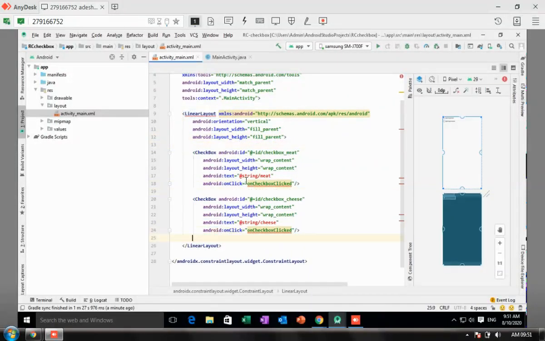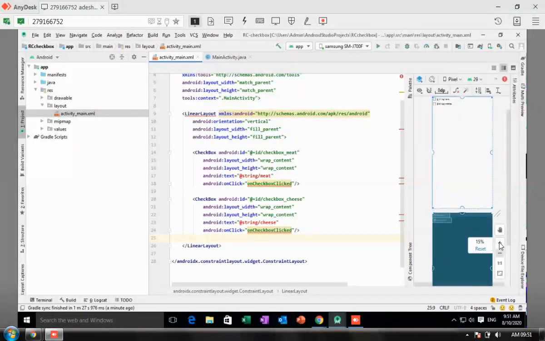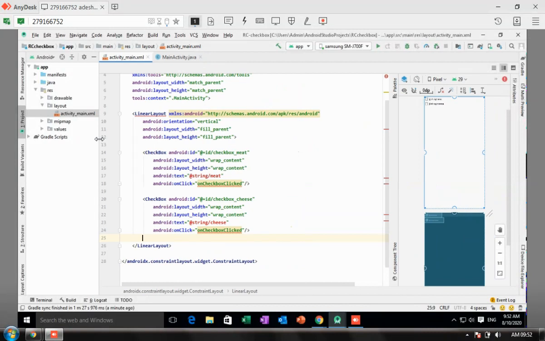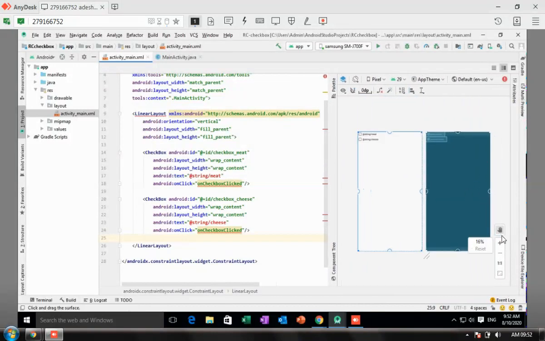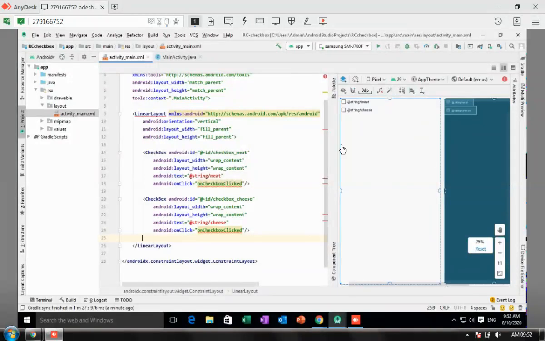I would not prefer using the click event on this. This is the text which will be displayed on the checkboxes. So these are two checkboxes. I can zoom them out for better understanding. I want to make this regarding some payment options.